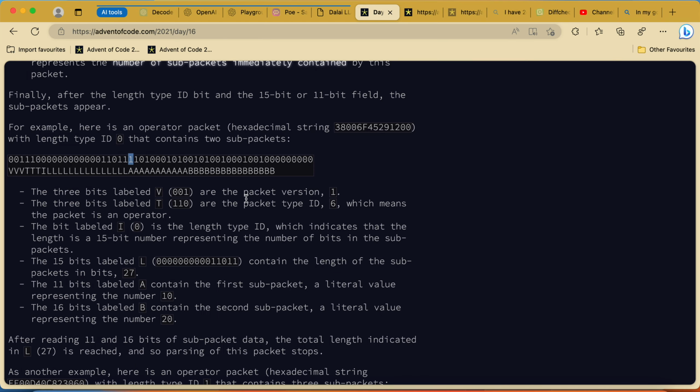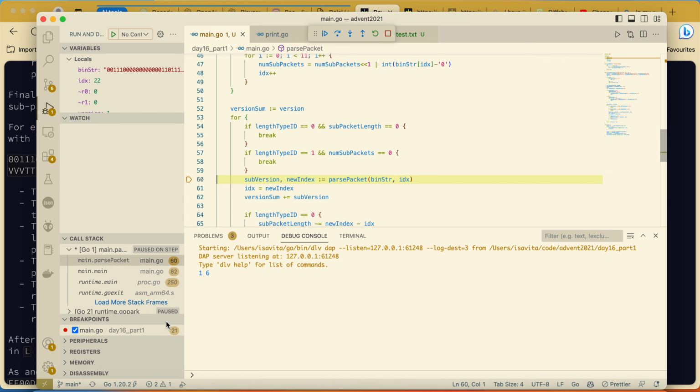Because here we have packet version is 1, and after that we have this 27. We have a bits label A contains the first subpack, a literal value representing the number 10, and the second is 20.